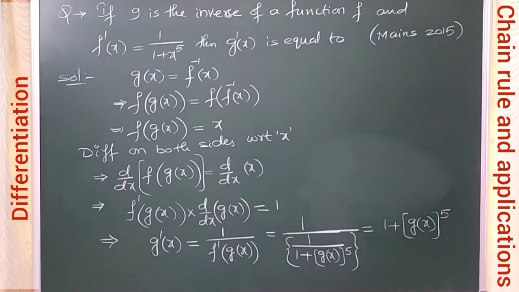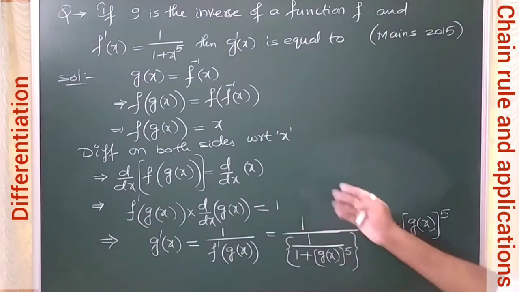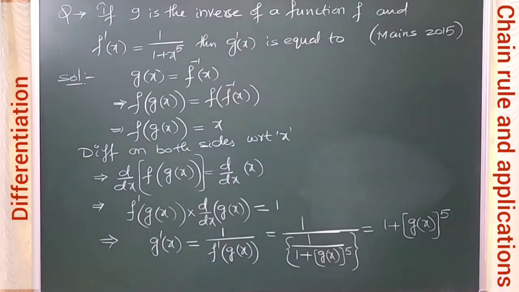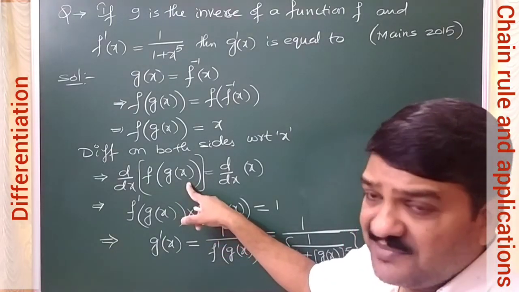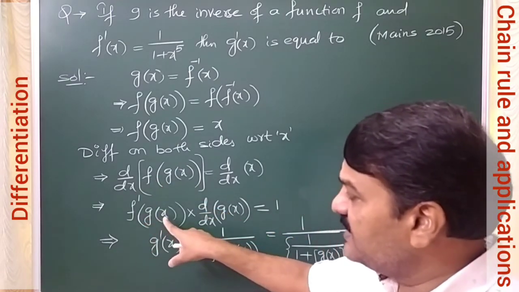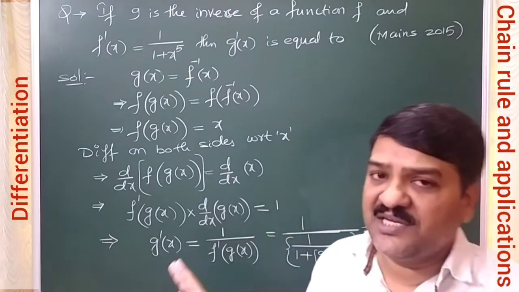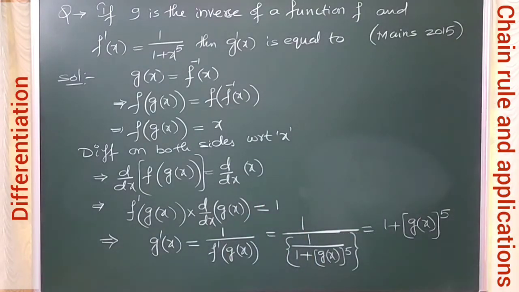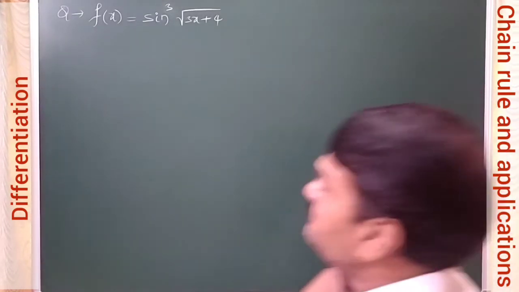So this is your conclusion, and this is actually a previous mains question, direct application of your chain rule. But actually I did not take g of x as t for simplification. Directly I have done external function derivative into internal function derivative, which is the concept of chain rule. That concept I applied directly. So let us see one more question.